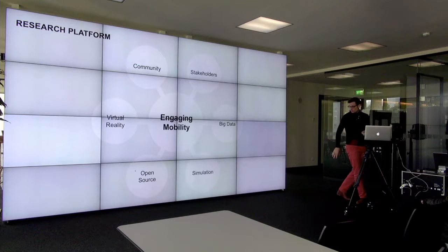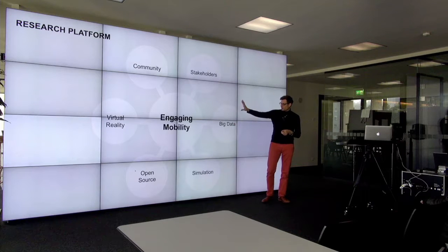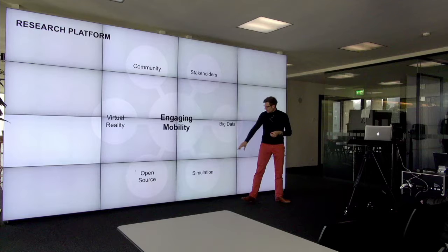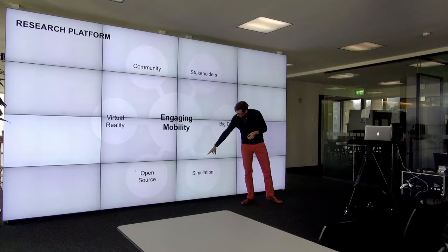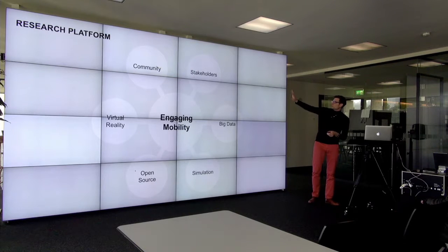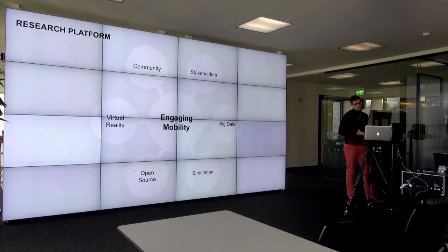What I'm going to do today is to tell about one big data project that we have done, and a virtual reality project that we are doing at the moment, and those engage simulation and are both open source projects. Community and stakeholders, I think, is an incredibly important aspect of a smart city, although often forgotten,